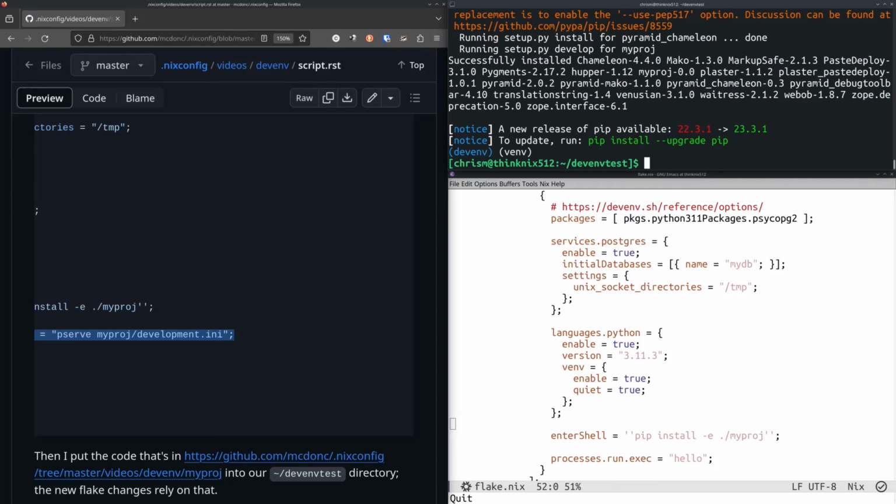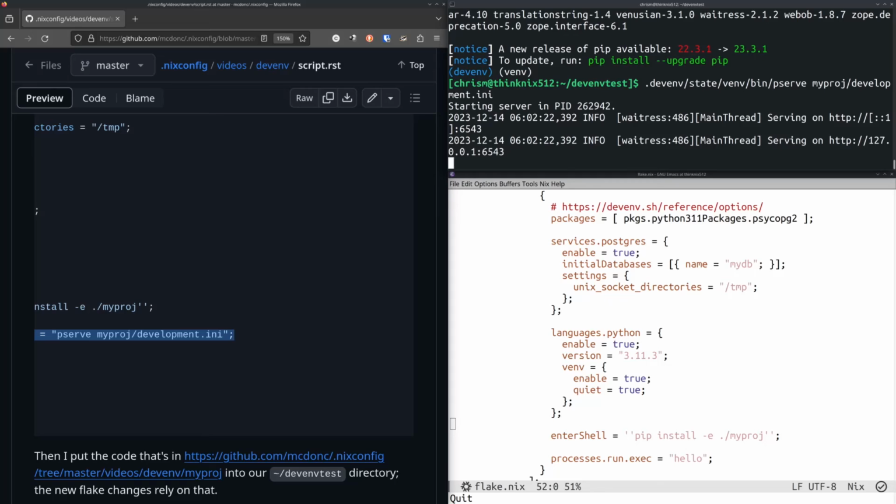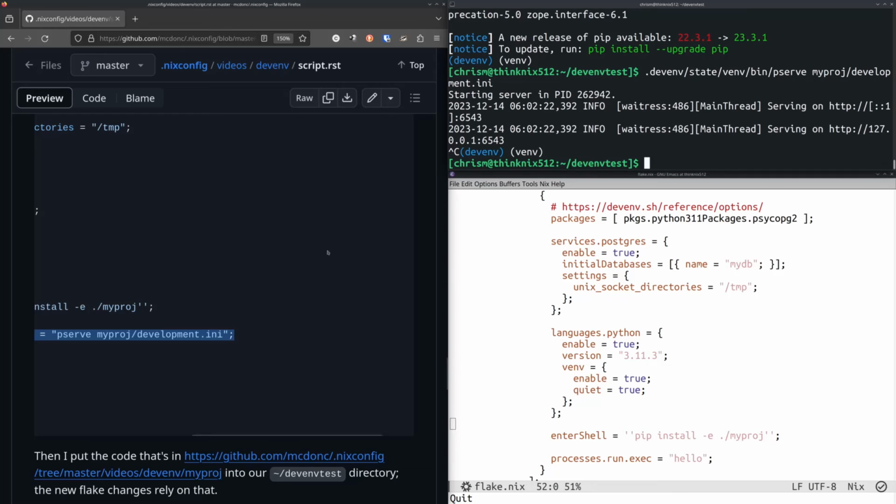Well, actually, it's a little tricky to do by hand because you have to go into this devenv state venv thing, bin pserv, my proj, called development any. So I can start my web app by hand in here if I want to, but there's an easier way